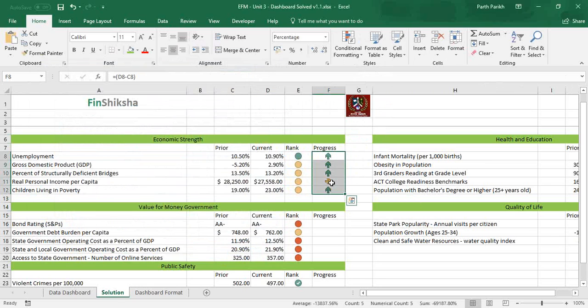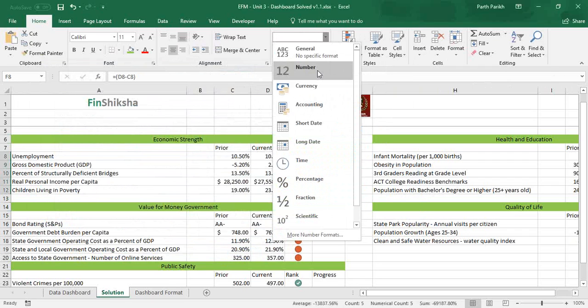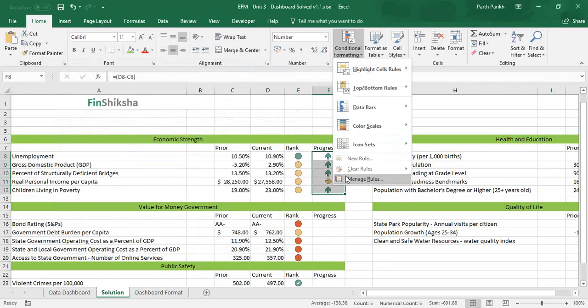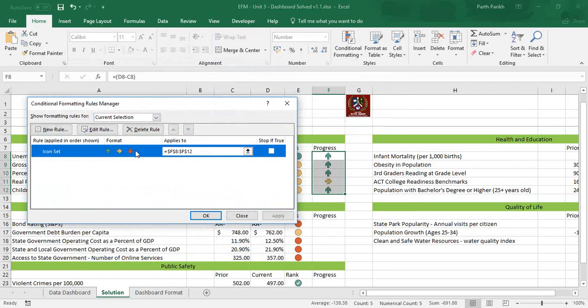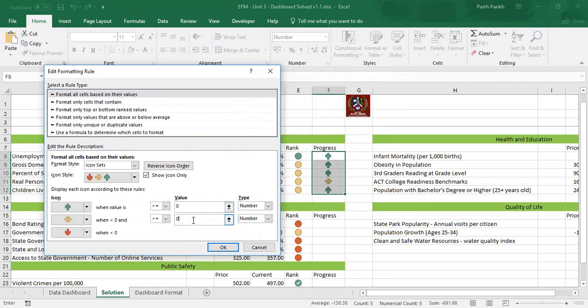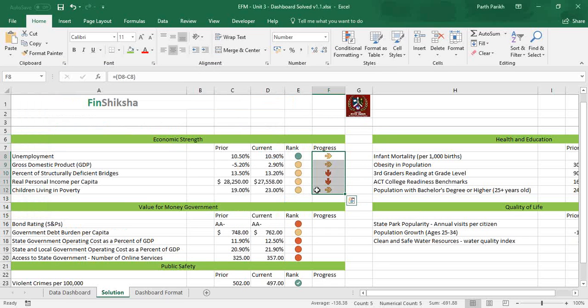Now, like we said, we have to identify this. What is the remedy? So the remedy is to convert everything to a number format. So click here, convert everything to a number format, absolute numbers. And also in the conditional formatting, go to manage rules, click here, convert this to a number format. If anything is above 0, then in between, let's say 1000, then it is perfectly fine. If it is less than 1000 or less than 0, then it's a red. So I apply this. Now you see the difference.